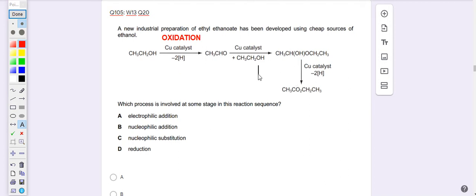So I'll skip the second step and go to the third step because the third step is the same thing. We have -2H. And you see, alcohol actually became double bond O. So remove hydrogen. Okay, so this is also oxidation. A, B, C, D, we do not have oxidation, but reduction, okay, no reduction here yet. Now let's look at